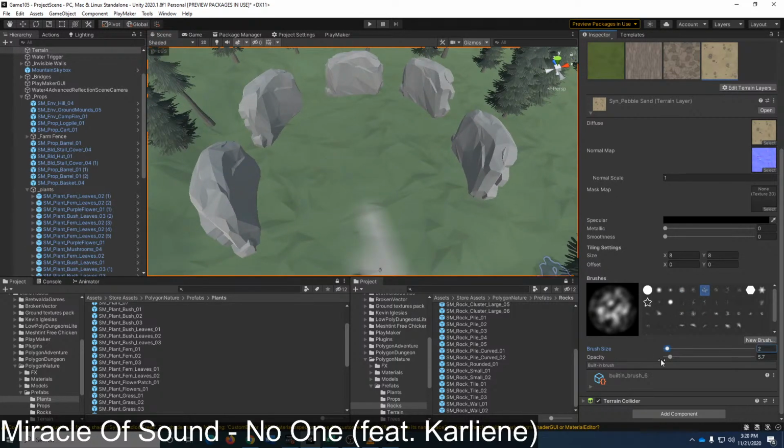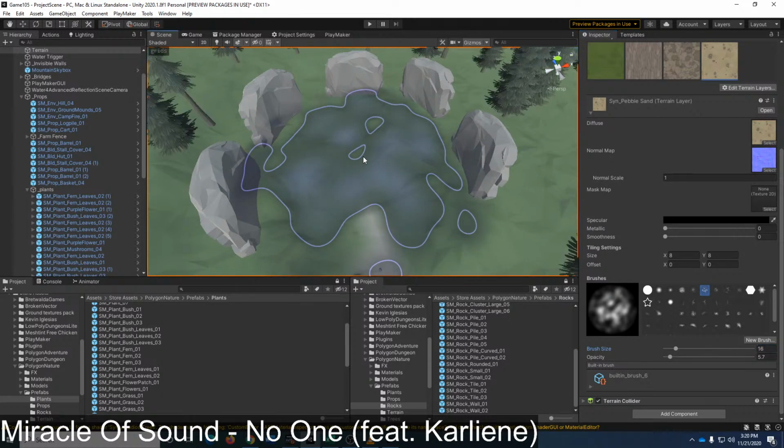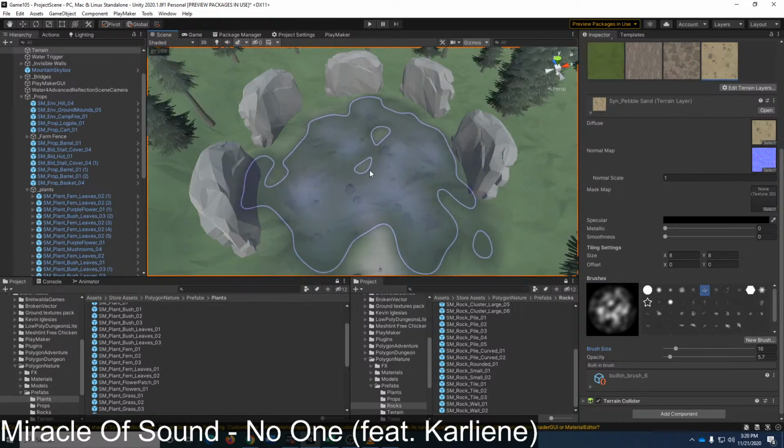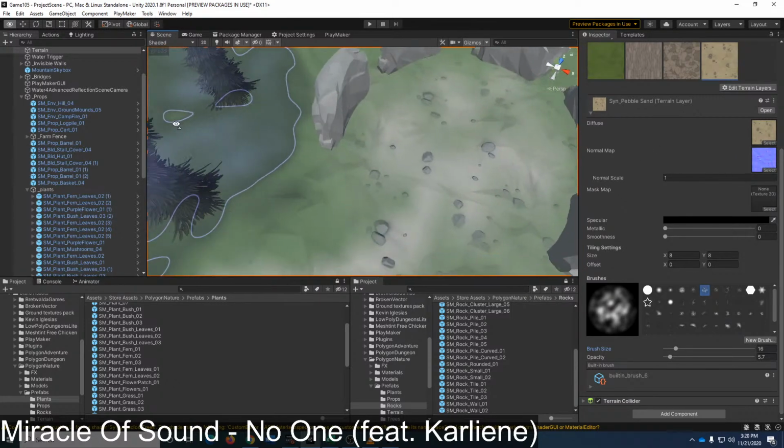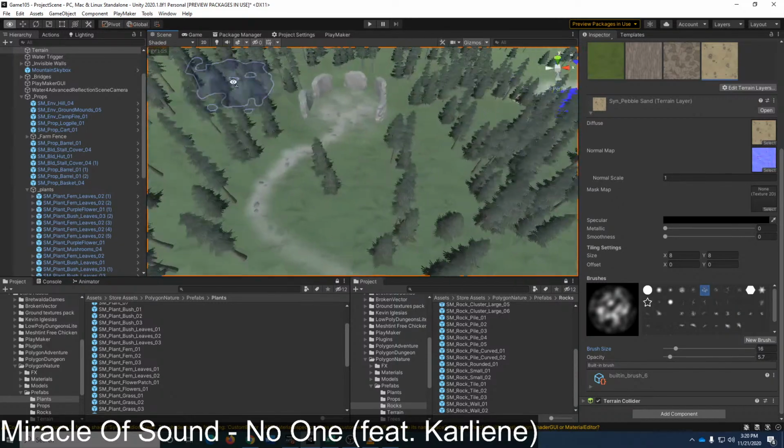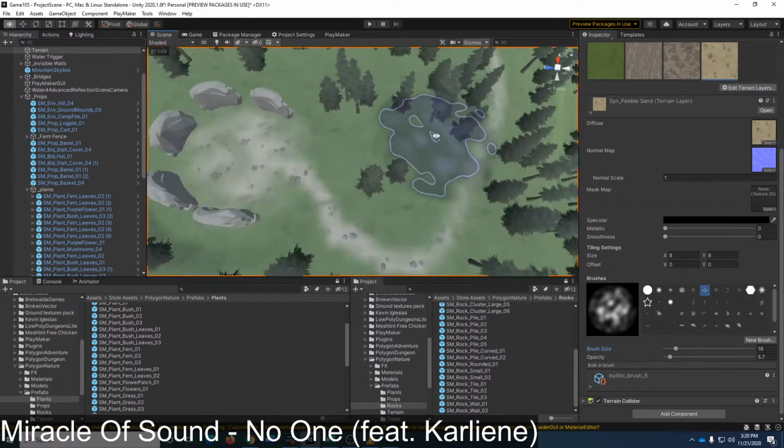And let's get a nice mottled one. Let's 16. There we go.